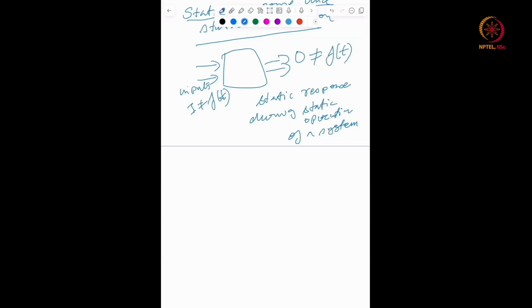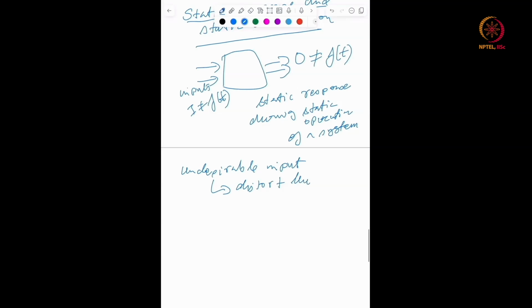All possible interfering and modifying inputs during calibration should be maintained at the same level. The undesirable inputs may distort the static response. So if you have an undesirable input, it will distort the static response,